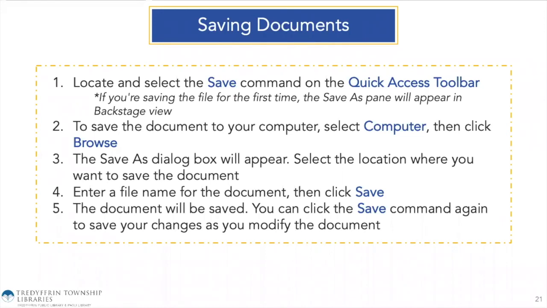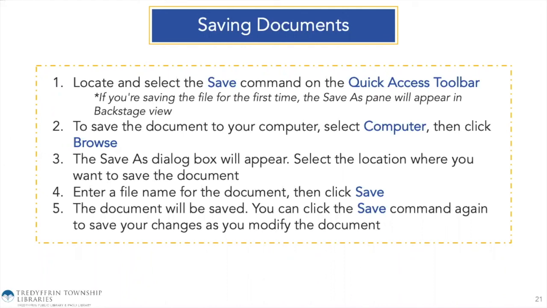So once you have a brand new document open and you've started typing and you want to save it to your computer, you have to locate and select the Save command on the Quick Access toolbar. If you are saving the file for the first time, the Save As pane will appear in the Backstage view. To save the document on your computer, select Computer, then click Browse. The Save As dialog box will appear, so it'll give you kind of a file viewer or file finder. You select the location where you want to save the document, create a file name for the document, and then